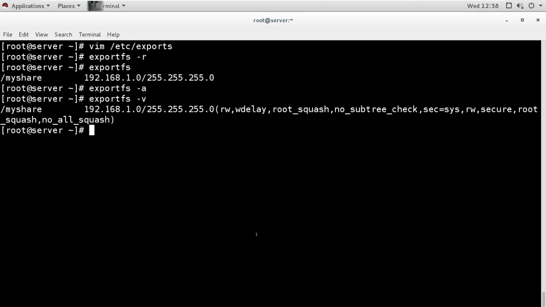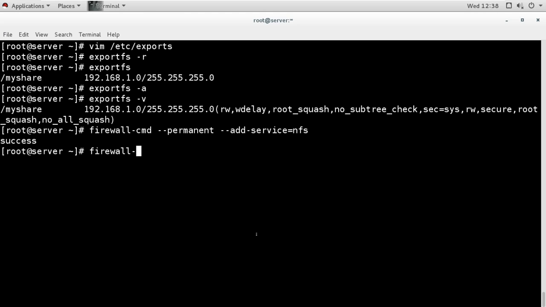For enabling it, we have the command firewall-cmd, add it as permanent, and add service NFS. And I will reload the firewall to apply the changes.